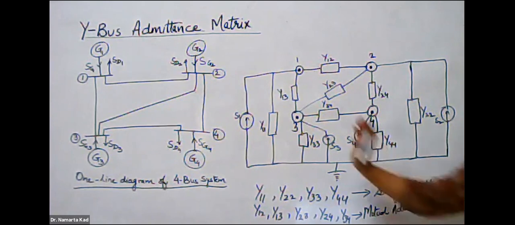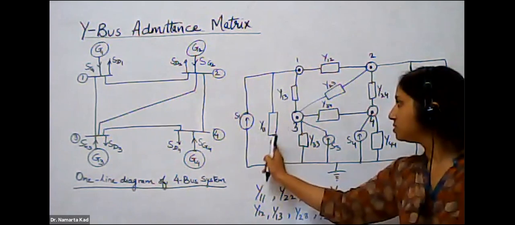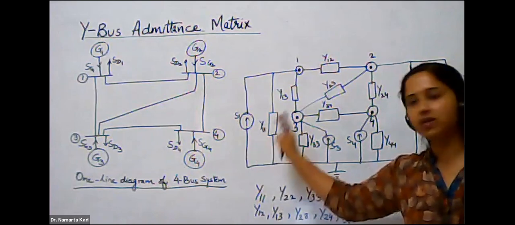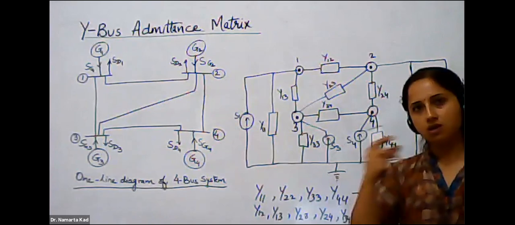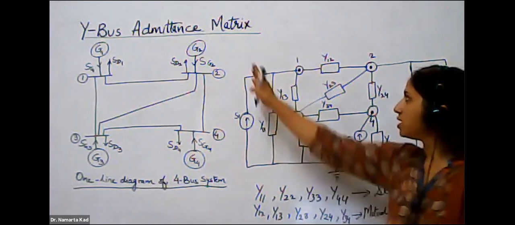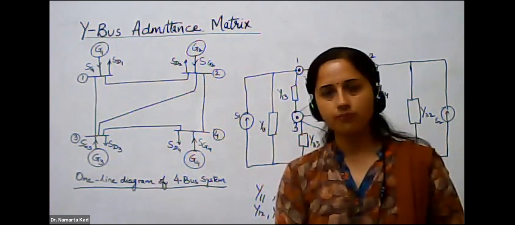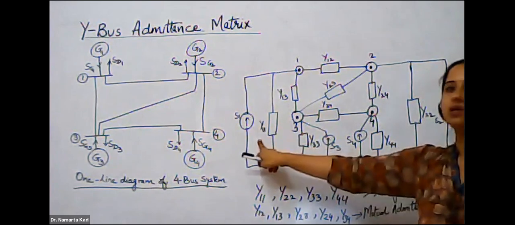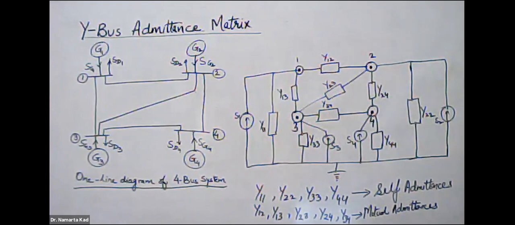As in this figure there are admittances, that's why the admittance is connected in parallel with the voltage source. If there are impedances, then it is connected in series with the voltage source, as we have already seen in the previous lectures, that the generator is converted into a voltage source in series with the reactance. But here we have taken the admittances, so the admittance is connected in parallel with the voltage source. So this is the complete figure for any 4 bus system.